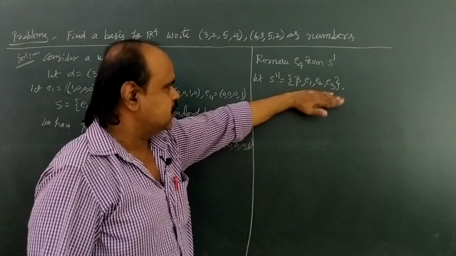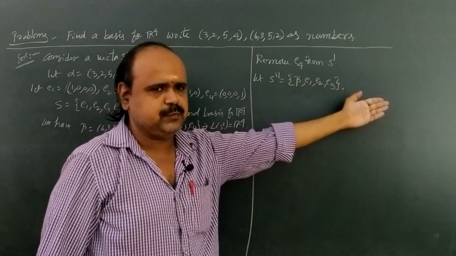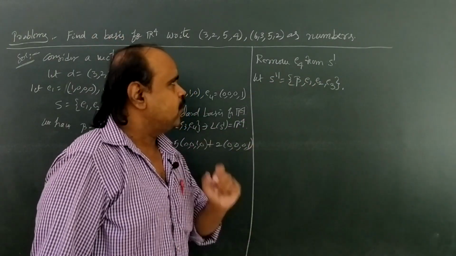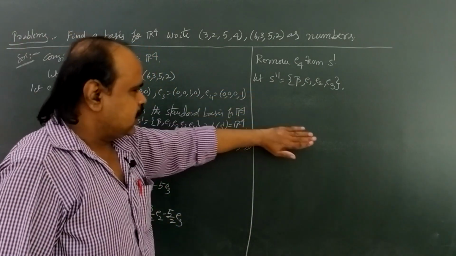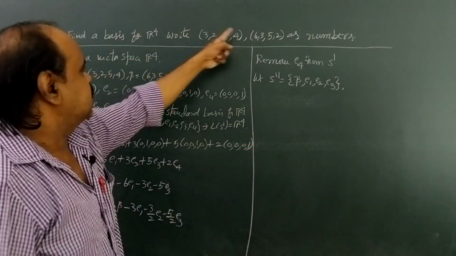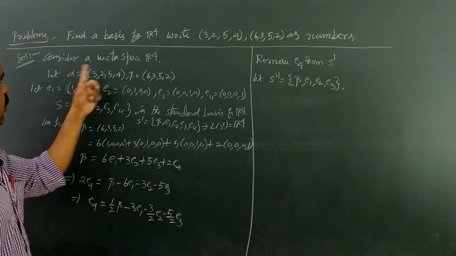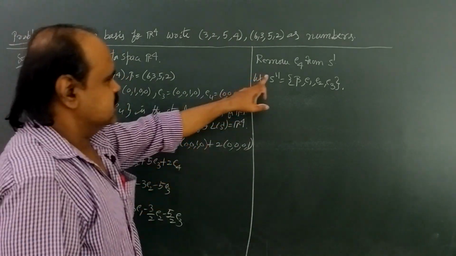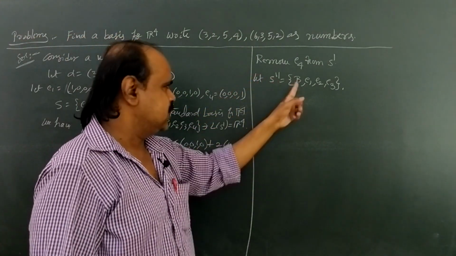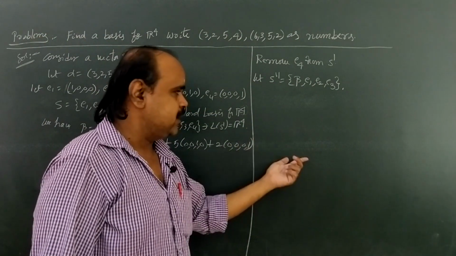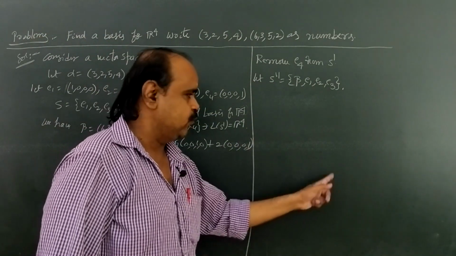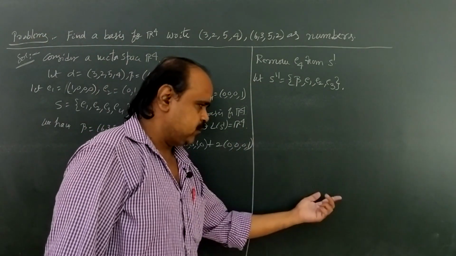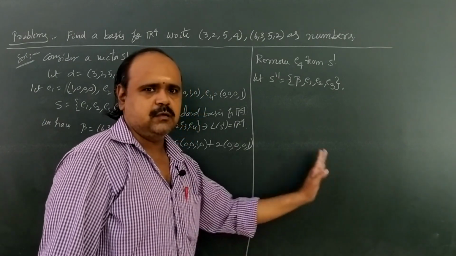మన గాంట ప్రాబ్లం దీంతో ఆపేయచ్చు, ఇదే S double dash మనం బేసిస్ అని చెప్పచ్చు. బట్ ఇన్ ద ప్రాబ్లం వాట్ హీ ఆస్క్డ్, అవర్ రిక్వైర్డ్ బేసిస్ కంటైనింగ్ దీస్ టూ వెక్టర్స్ ఆర్ alpha and beta. But here in S double dash there is no alpha, only beta is there. Now we are going to find another basis which is containing 4 vectors. Among that 4, 2 vectors are alpha and beta.